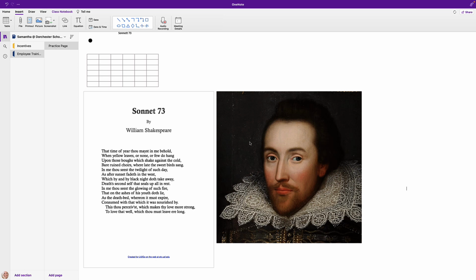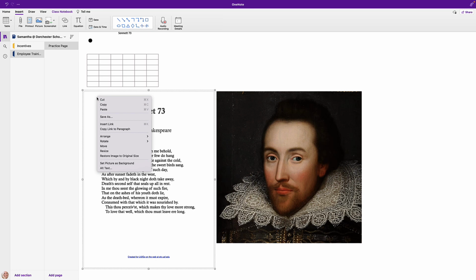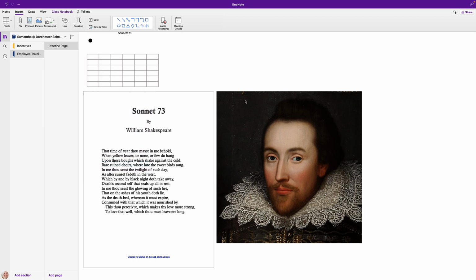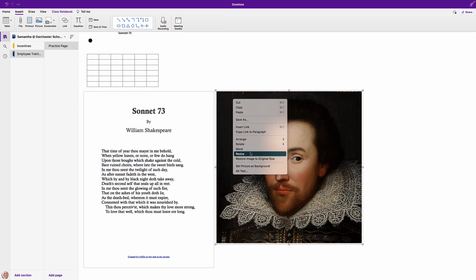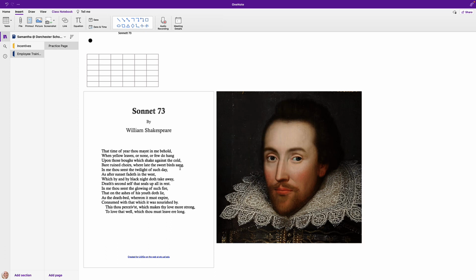One important thing, whether you're working with students who are adults or high school students, middle school students, if you right click on your printout, you'll see that it should say set picture as background. It's really important to do this, it doesn't matter if they're adults or children, because now when this notebook page gets pushed out to your learner, they're unable to move or manipulate this,